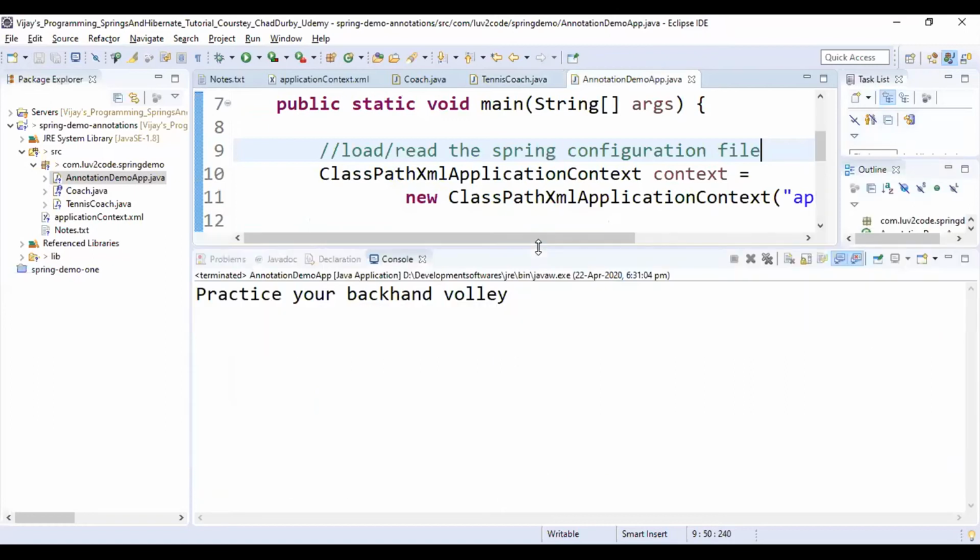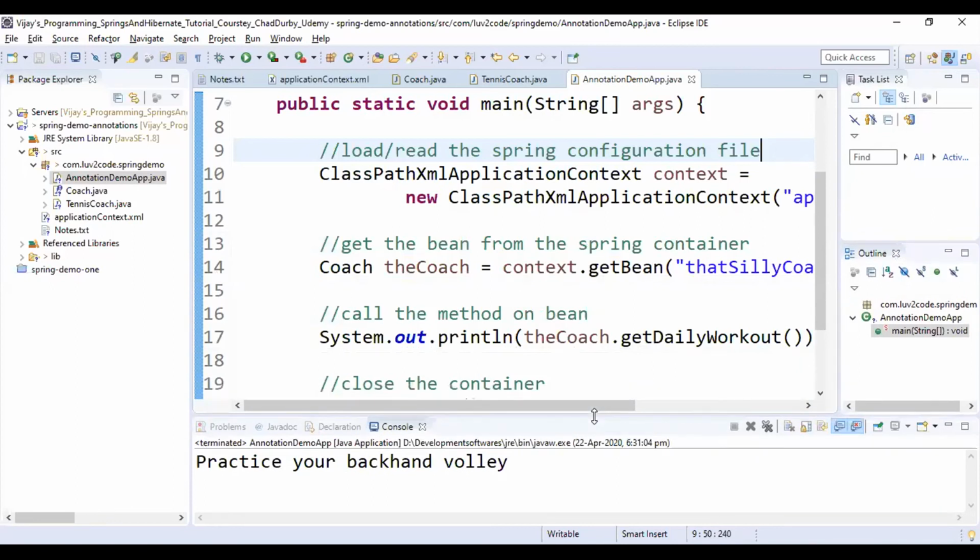Finally, we are getting the result. Instead of configuring the bean by using XML configuration, we are making use of Java annotation to configure the bean. This is about Spring configuration by using Java annotation. Thanks for watching.